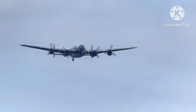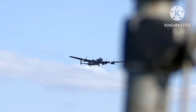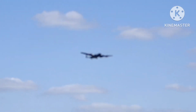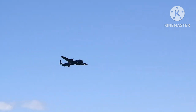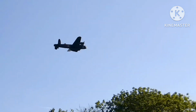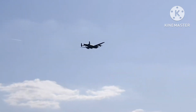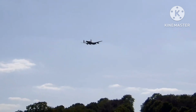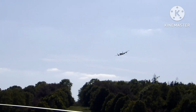I can see people pointing, it's coming in from the left. Over the trees, look to your left everybody, here is the Lancaster. BBMF have actually moved mountains to get that aircraft here today. Yeah, massive tribute to the teams of engineers that